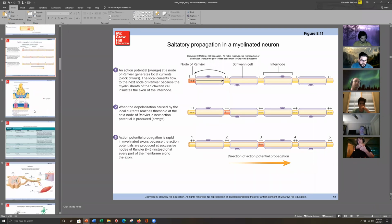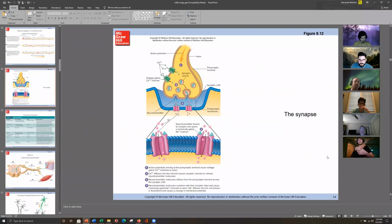All right. So now let's talk about the synapse. Okay. So this figure is important to understand and recognize, because this is where the action potential is going. So that action potential is just a signal, right? So it's just an electrical current. So that can change what it ends up doing to the target cell depending on what the end of the neuron contains. So in the ends of each of our neurons within these presynaptic terminals, aka telodendrites,